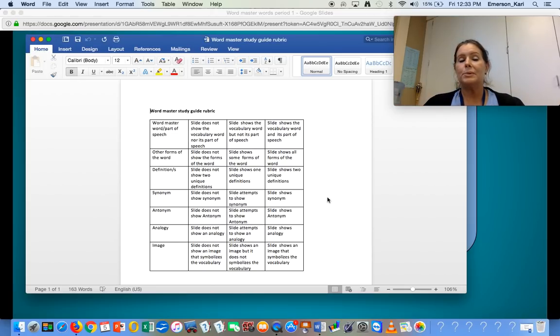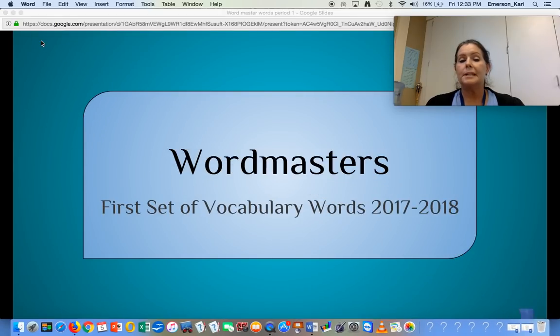But I think the best way to show you what a WordMaster vocabulary study guide should look like is give you a model of a study guide that one group of students created last year. So that's what I have right here. So this was for last year. So let's look at that, shall we? Okay, so